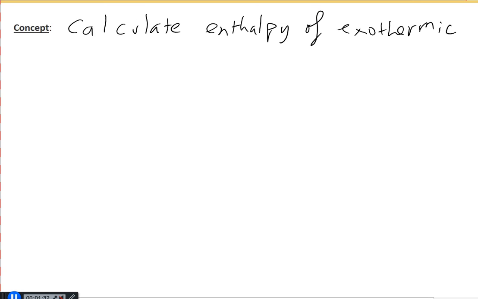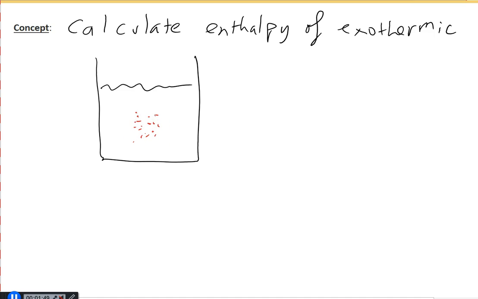An exothermic reaction is a reaction that releases heat. So you have a beaker with some solution, and there is some reaction happening within that solution. The reaction gives out heat to the solution, and that causes an increase in temperature. So one thing to keep in mind is that the solution, which is mostly water, has gained energy